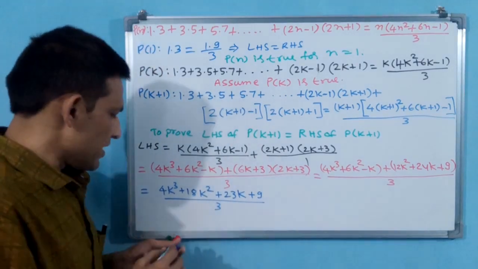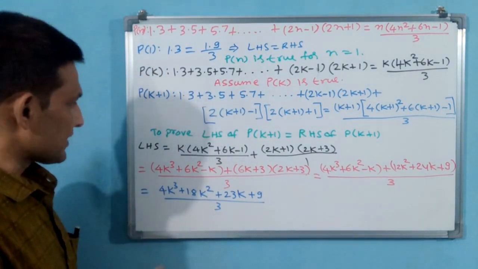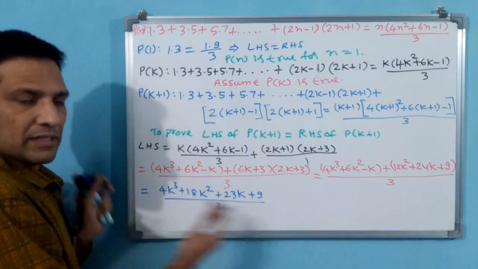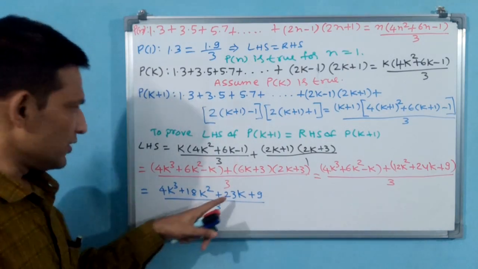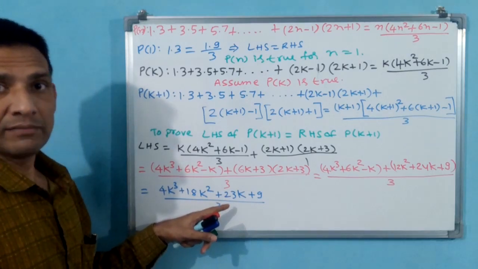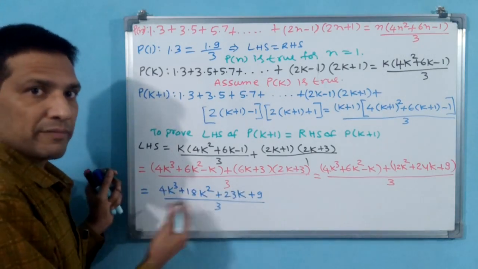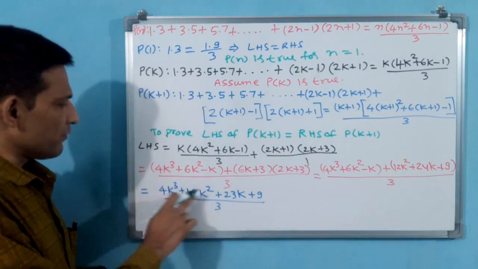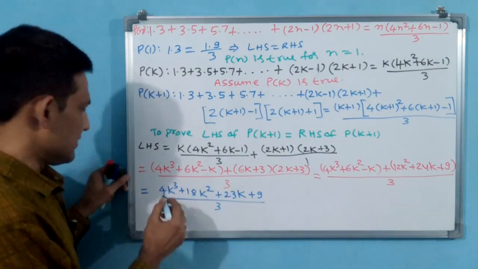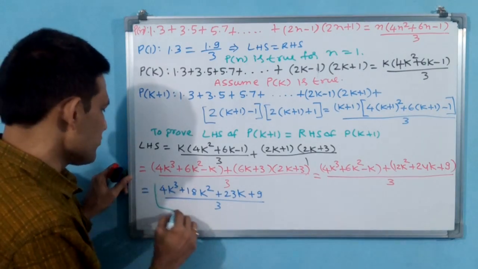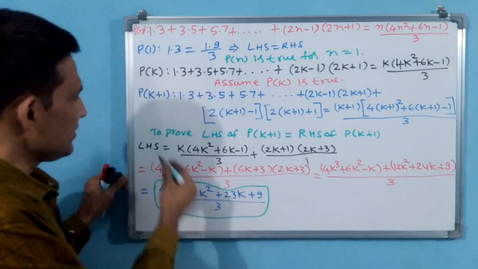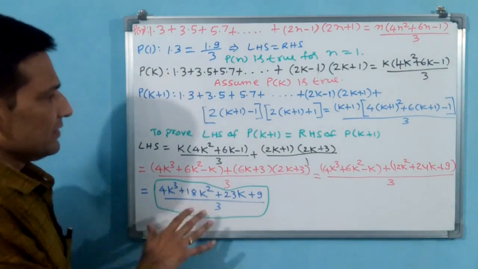This you make one box, because further you cannot simplify this. You cannot factorize, because 23, a prime number, has come, and you cannot take anything common. With a prime number, only that prime number you would have to take common. If you take 23 common, 4 and 8 and all will not give any result. That is why you make a box of this one. This is LHS.